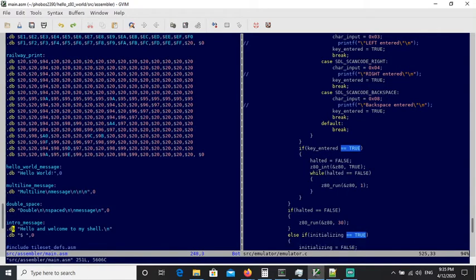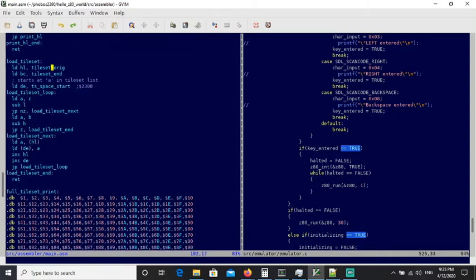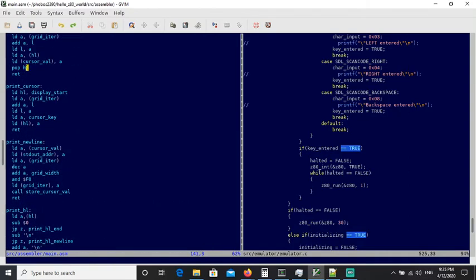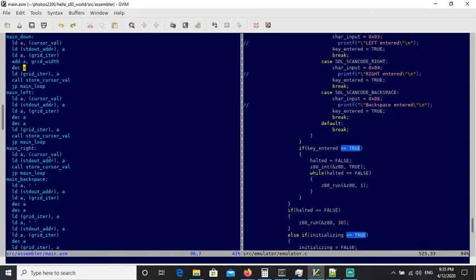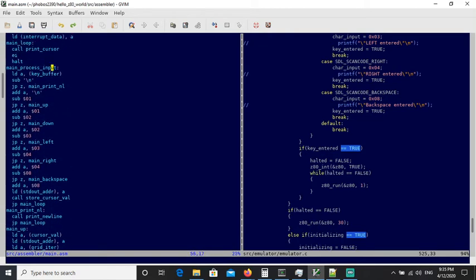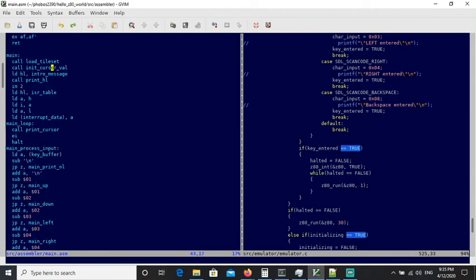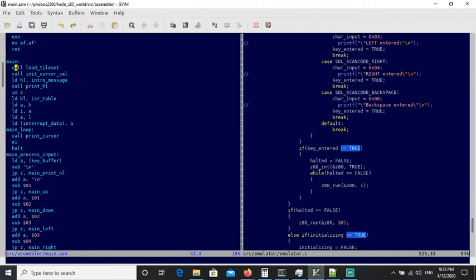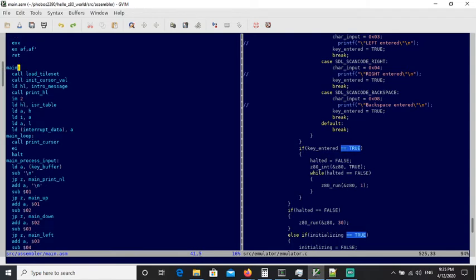And that file is included here, tile set defs, and then I can do this call. I can load into HL a message, and then I can call print HL,